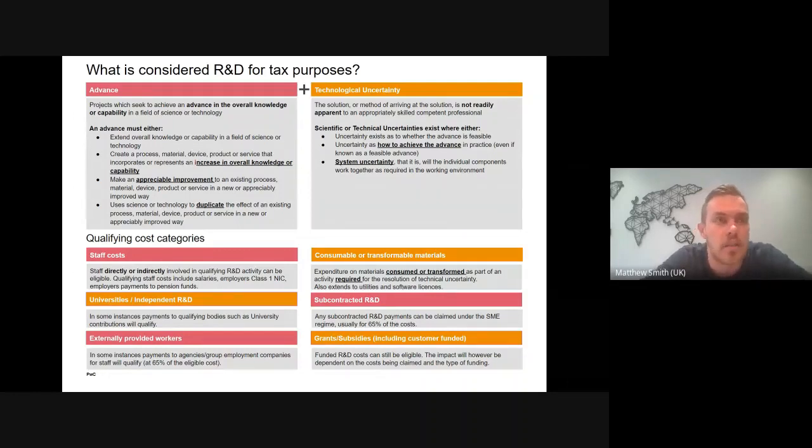And as a result, it's not unusual to essentially assign percentages to each individual to the nearest maybe 5%, as long as you feel that fairly represents their R&D effort. That isn't an unusual claim methodology at all when it comes to staff costs, and it's far less time consuming to collate. With staff costs also we often see qualifying indirect activities being missed from claims, and so the definition